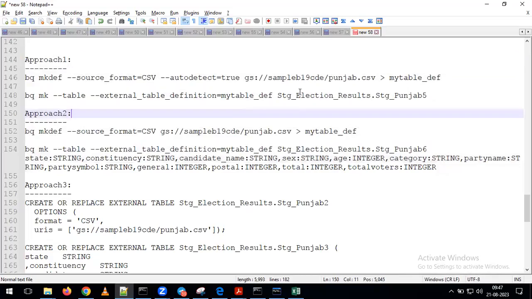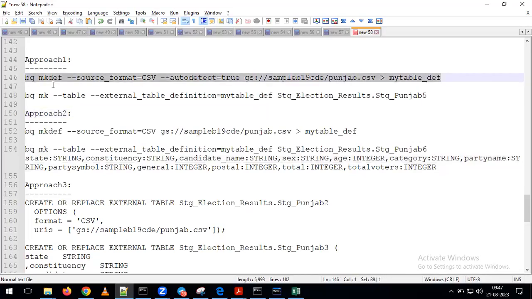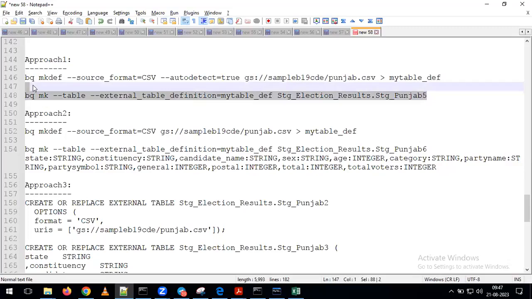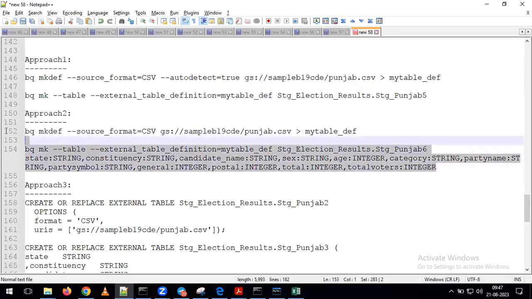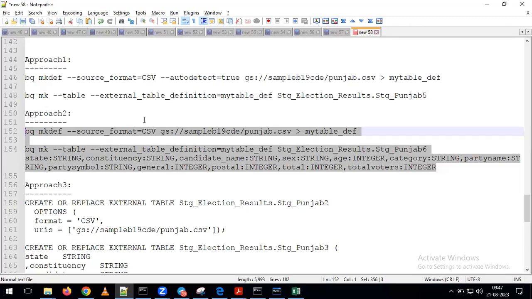We are adding one more extra command to define the definition. Once you define the definition, using this command we can create the external table. In this process, if you want, we can define the schema; otherwise, we cannot. If you don't want to define the schema, we can go for approach one. If you want to define the schema, then we can go for approach two. This is the way, from the Cloud SDK or the Cloud Shell, we can create the external